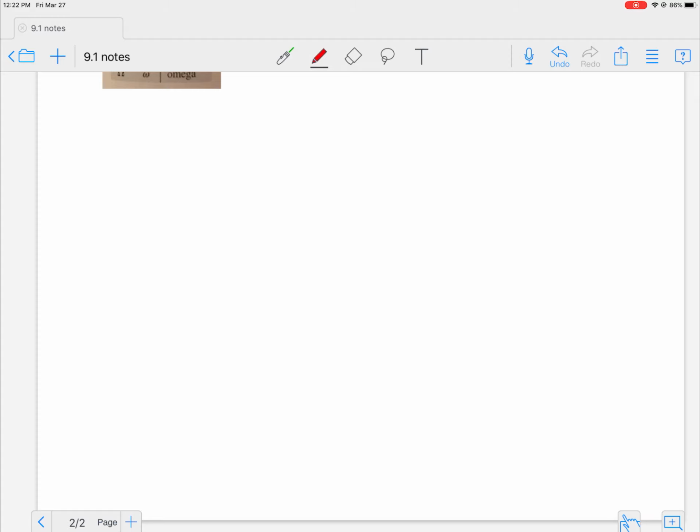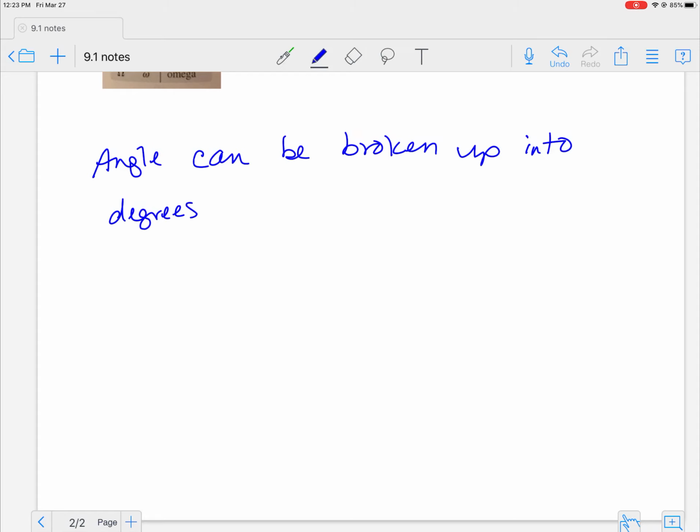Okay. So the next thing that I want to talk about is when we have angle measurements, we are actually not going to use it a whole lot with what we do. We're going to use it some. I'm going to reach over here and grab my calculator because I'm going to show this in your calculator too. But we can also look at angles in terms of degrees, minutes, and seconds. So your angle can be broken up into